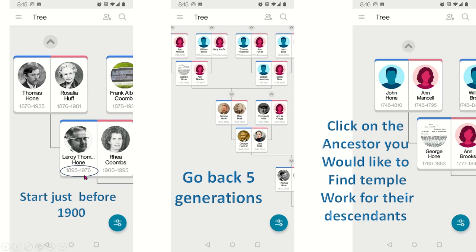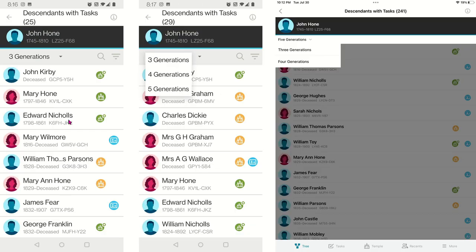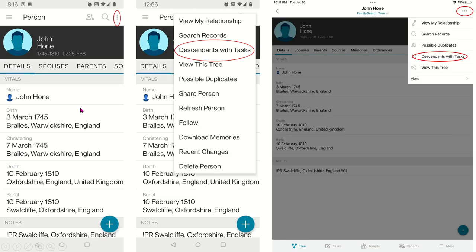So I've got Grandpa, 1895, awesome. I'm going to go back 5 generations from him. So I'm not going to start with him. The first generation will be Great-Grandpa Thomas. So I'm going to go Thomas here. 1, 2, 3, 4, 5. Okay, and that brings me to John and Anne. And they're going to have the same descendants. So it doesn't matter. I'm just going to click on John, because that's going to bring me to his person page, is what I like to call it. Sorry about that. I tapped a little hard. So this brings me to his person page, and